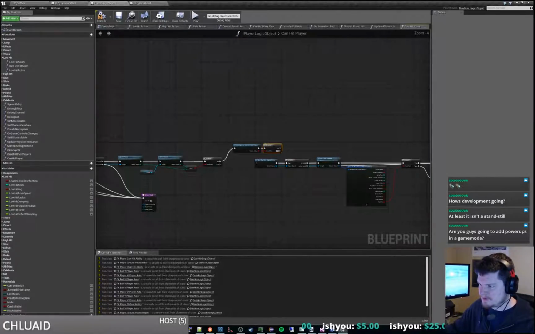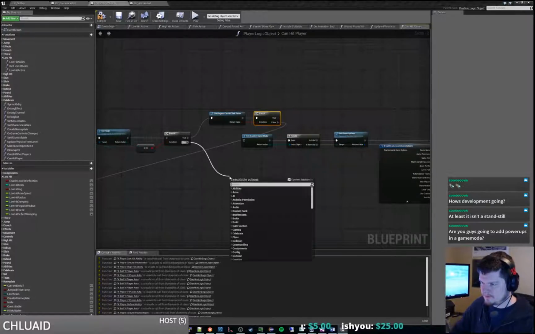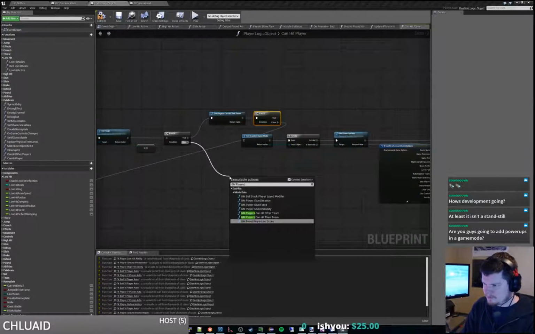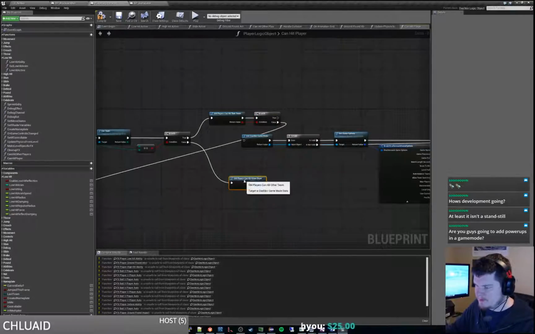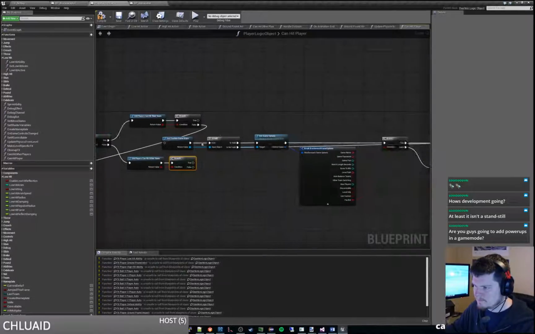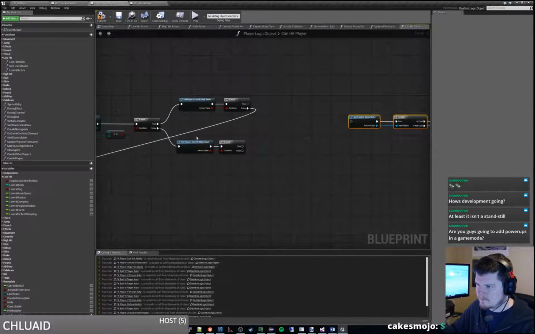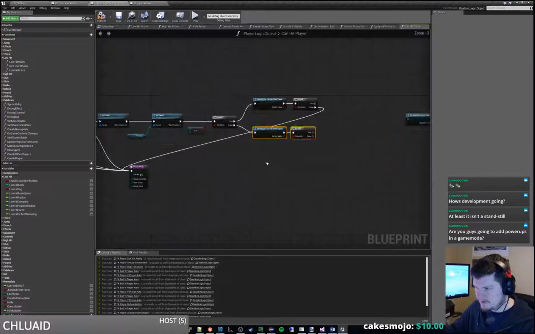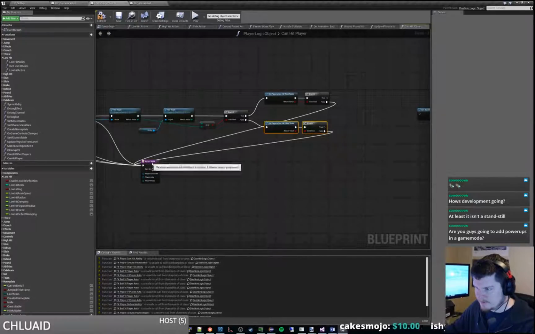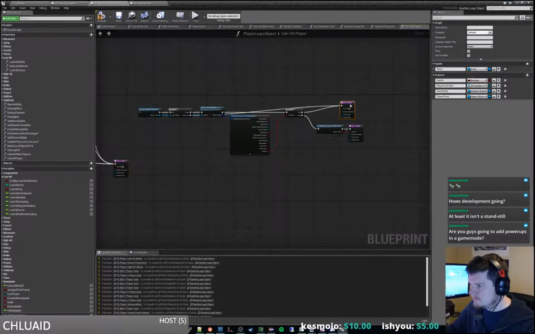So if that's false, we're going to get out of here. Otherwise, we need to do GM players can hit other team. And if that's false, then we'll also want to return. Otherwise,